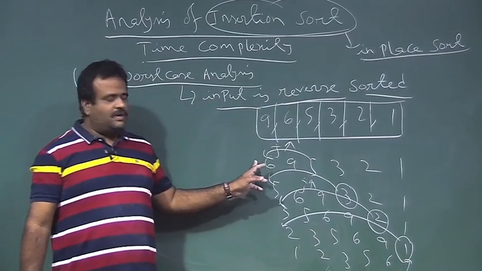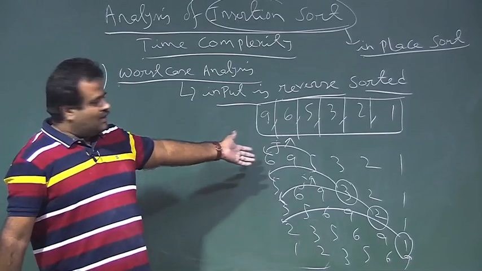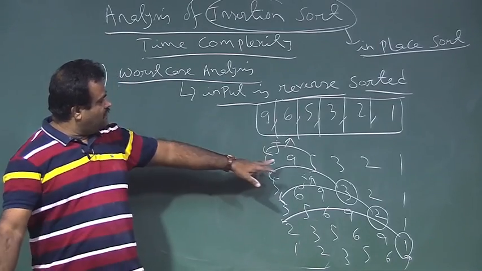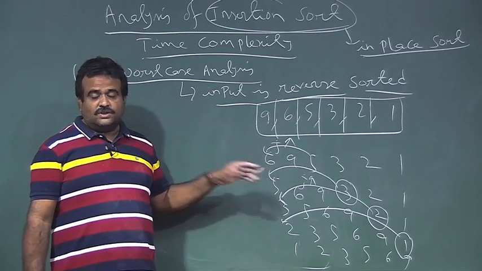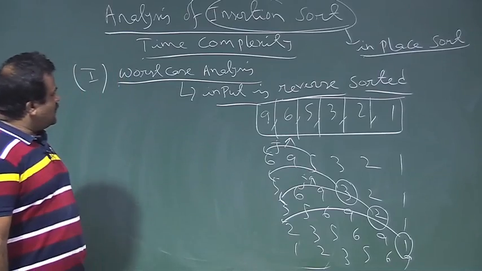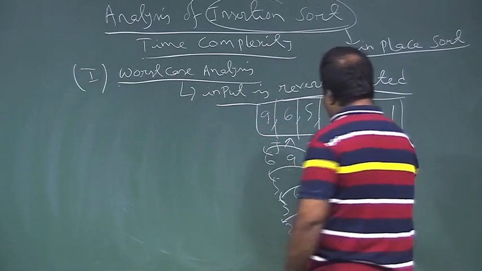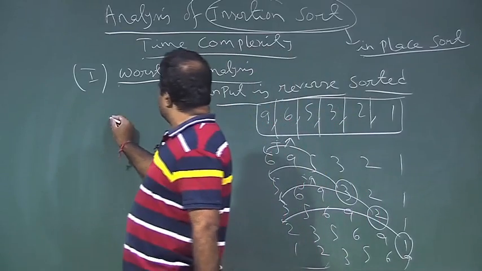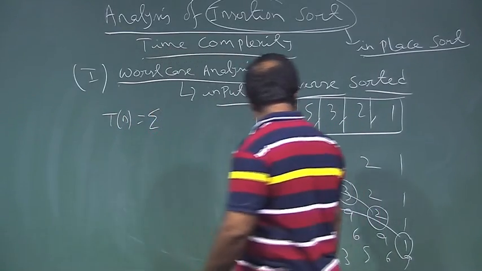This is the execution of insertion sort for a reverse sorted input. Everybody has to come forward to the beginning. So, that is the worst case, and that is why it is taking maximum time. Now we want to analyze this. We have this for loop. So, what is the time complexity? The time complexity is basically the summation of the